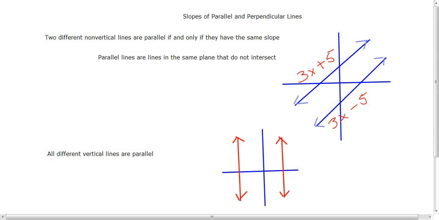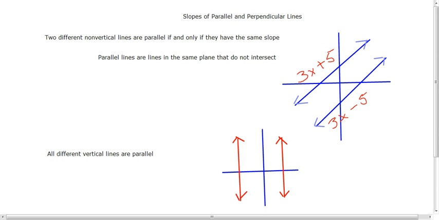So what I have here is just two sets of lines. The first set is actually parallel. If you look, the lines are going at a segment where they're not going to meet anywhere. So that's pretty much what we look at when we look at the definition of a parallel line. There are two different non-vertical lines, and we say that they're parallel if and only if they have the same